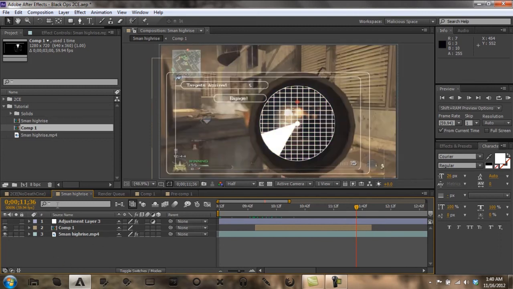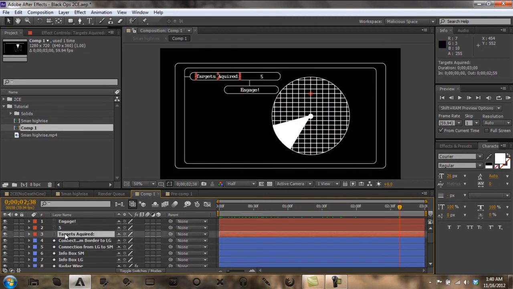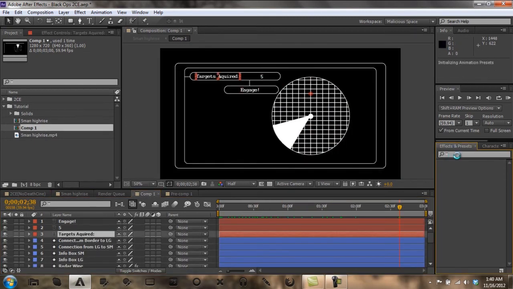Now real quickly, what I forgot to show you is what I did to these. If you go to your effects and presets, I didn't tell you about the text either. You'd want to choose a font that would look good in a HUD, like if you would see in a movie where the HUD would pop up in front of someone's face, with this computer-y text. So what you want to type in your effects and presets is decoder. And you get this, and you want to go to targets acquired, tap U for